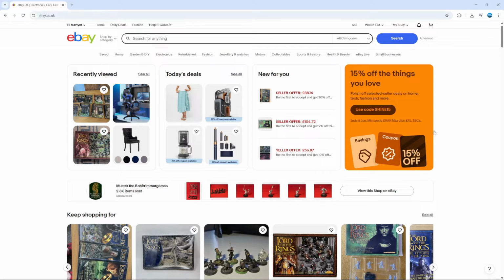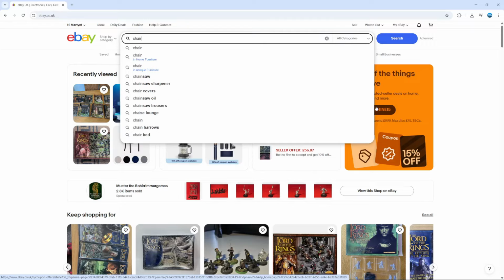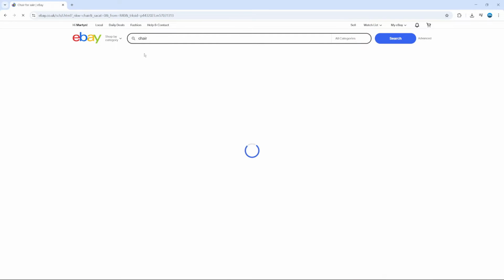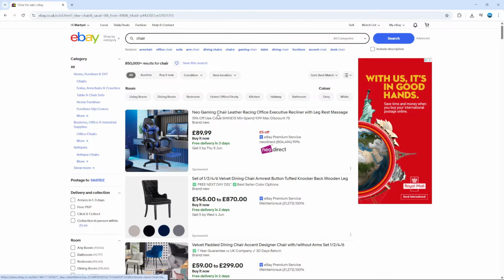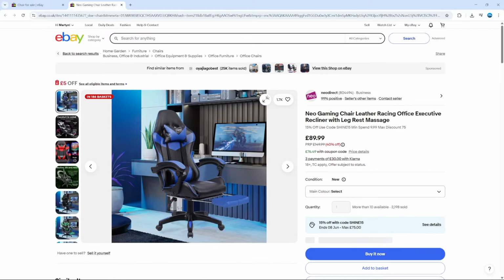Now, to go ahead and do this, the first thing you're going to want to do is, of course, find the product that you want to copy your product link for. So you might already have your product up, but for my example, I'm just going to go ahead and search for an item. So I'm going to search for this computer chair and then click to go to the product